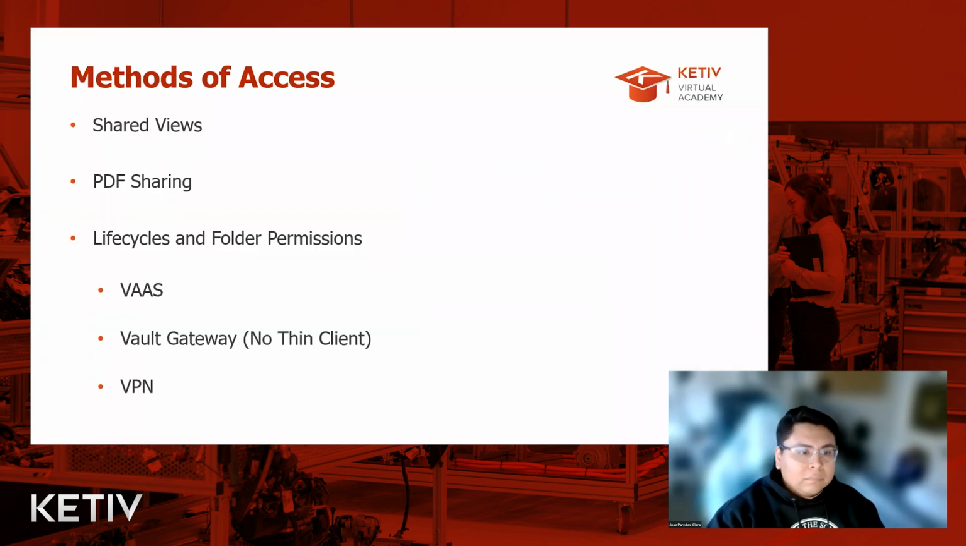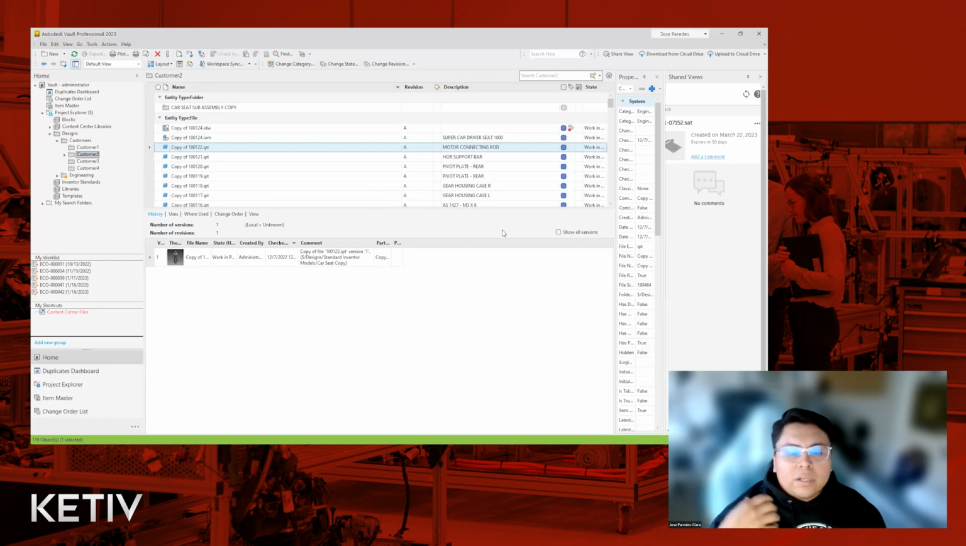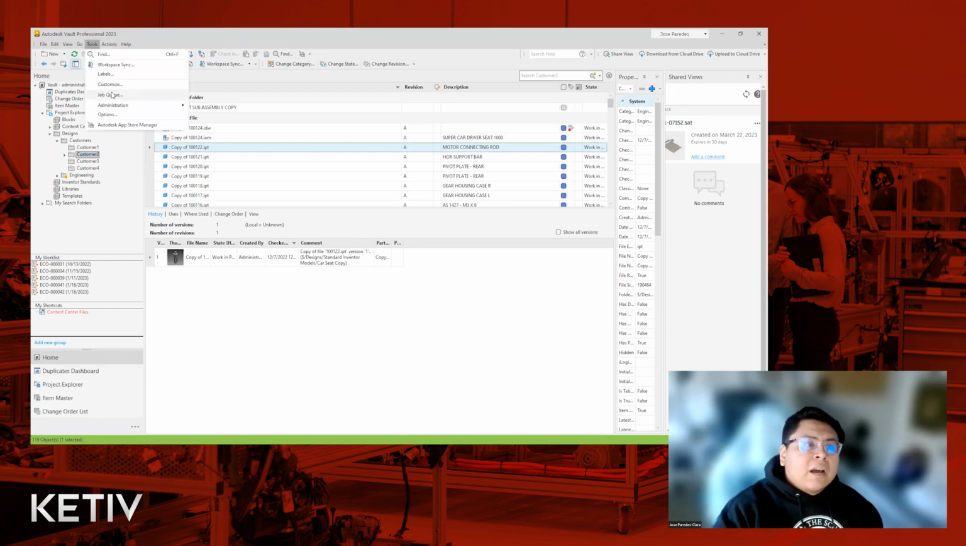PDF sharing is another method that we can do this. A lot of our customers do share PDFs with customers already. Vault Professional allows us to generate PDFs on release. So, if you're going through a release process like we are in this case, where files are in work in progress and they go through a release process, when they go into a release state, there is an option inside of Vault,